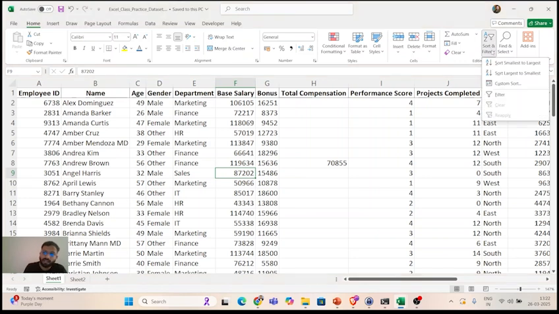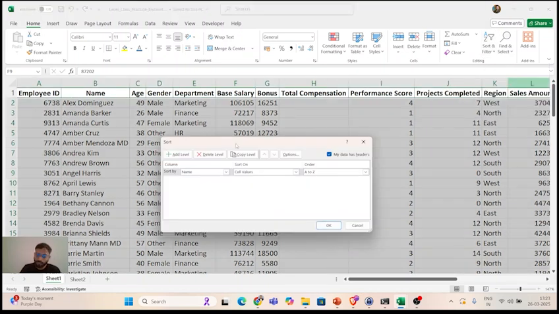But in the sorting option, we have another option of custom sort. Now, when do we use that? See, when I hover over it, it is very clearly telling us: choose more options such as sorting by multiple columns or rows and case sensitive sorts. Currently, we saw that if I want to sort the data by the bonus column, we choose the first option, second option. But if I want to sort the data using multiple columns, then we go on custom sort. Let me give you a practical use case.